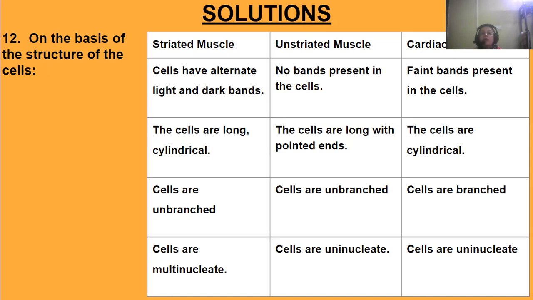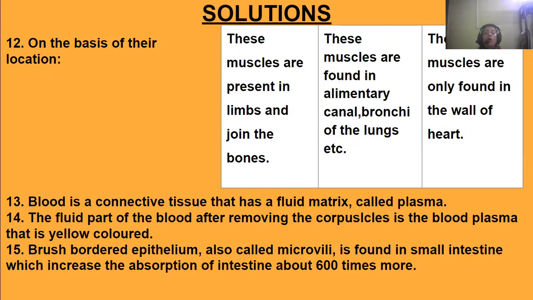Okay, then striated muscles, the cells are unbranched. Unstriated muscles are also unbranched, but cardiac muscle cells are branched cells. Striated muscle cells are multinucleated. Unstriated muscle cells are uninucleated, and even cardiac muscle cells are also uninucleated. Okay, on the basis of their location,